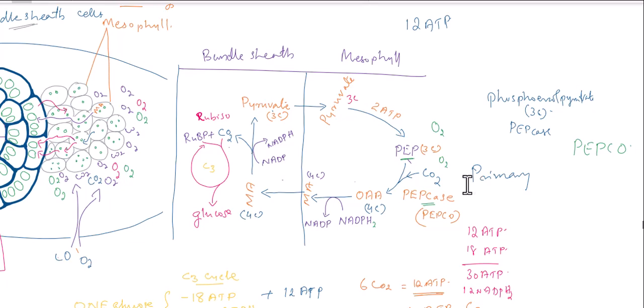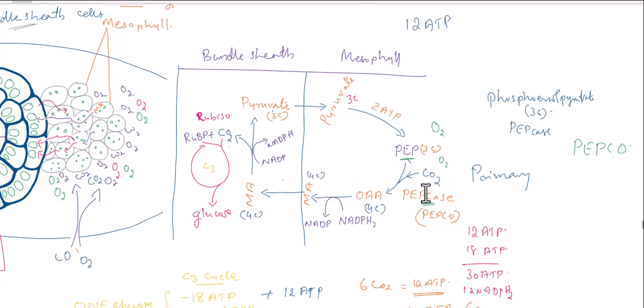Okay, so what is the importance here? The PEP has no affinity for oxygen, and this enzyme, the PEP carboxylase enzyme, never carries out the oxygenation reaction. There is no attachment with oxygen. Okay, so there is no chance for oxygenation. So 100% carboxylation, only carbon dioxide can combine with the PEP, so it can avoid the oxygenation process. Okay, because this enzyme is very efficient, and